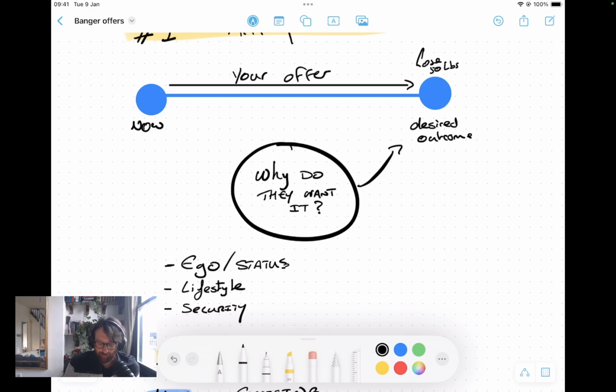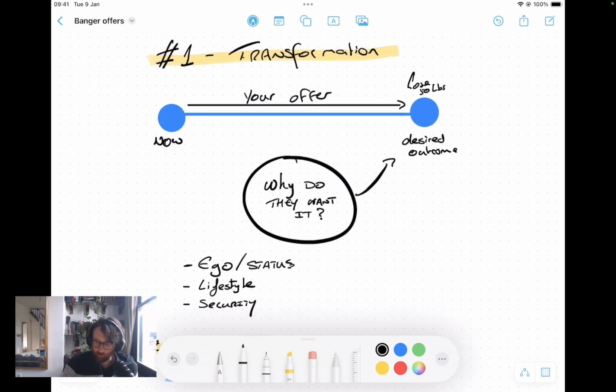So again, you can look at all of these things, and all of those things change the way that you position the offer, because the person who wants to buy a Lamborghini to look like they're rich has a different goal than the person who wants to earn money to invest it more safely for their retirement. Completely different goals, which changes the angle, the wording, the positioning of the offer. And so you need to consider what the reason is for your ICP that they want that transformation. Okay, so that's the first thing that you need to do to really add that specificity and that direct, cut-through-the-noise angle to the offer: that transformation and why do they want it.